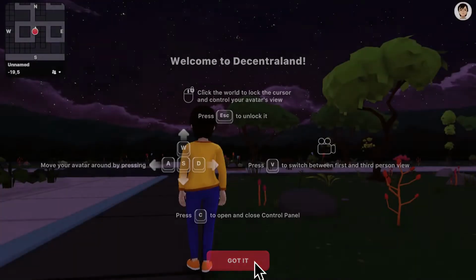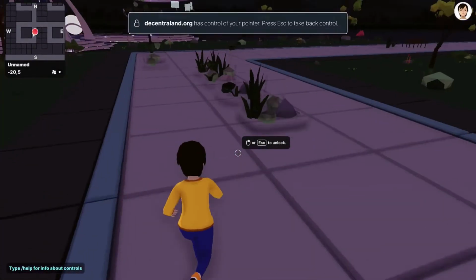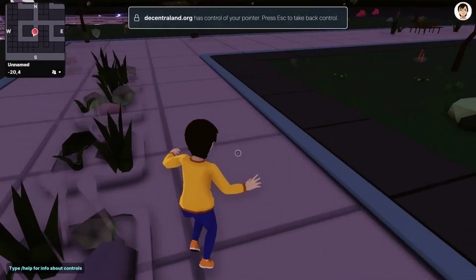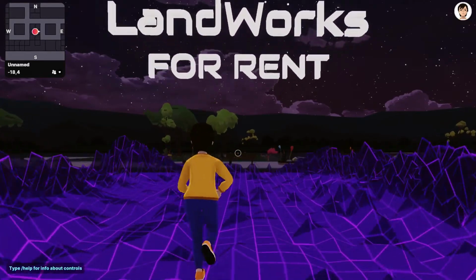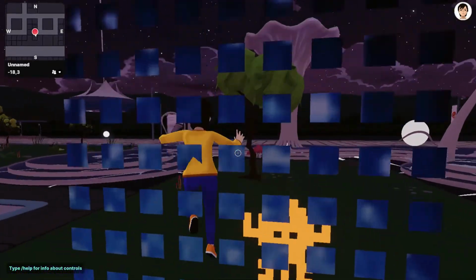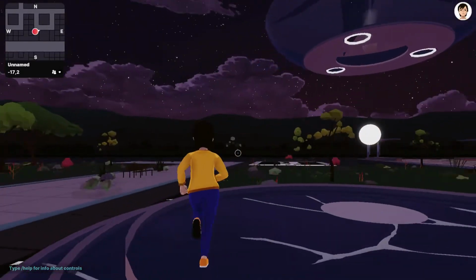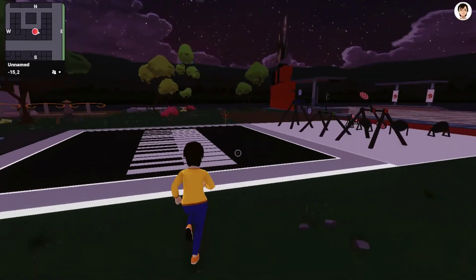Next, let's discuss Decentraland versus Ethereum. Decentraland does not run on its own independent blockchain. Decentraland uses the Ethereum blockchain to store and verify information about who owns this piece of land, what is the content in the land, what 3D elements are in the land, and what can you do on the land.